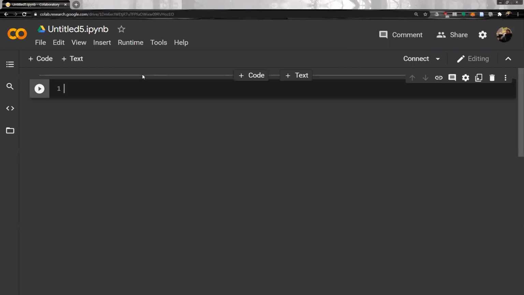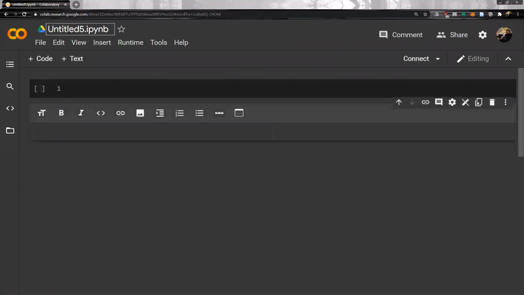Good. And then our goal. Okay, so let's add the text. Actually, save the file name first: random forest Python class. Okay, and then for text, our goal